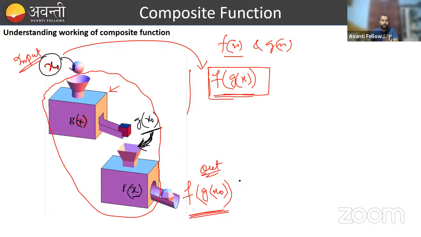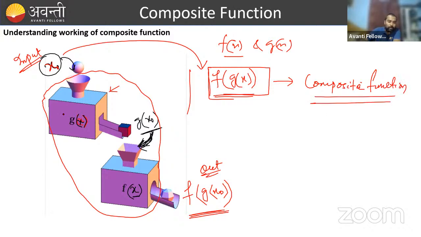Is it clear to everyone? This is called my composite function. f of g of x is known as my composite function, nothing else. And another thing you can understand here, g of x,